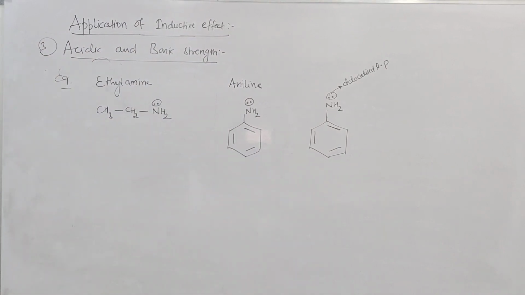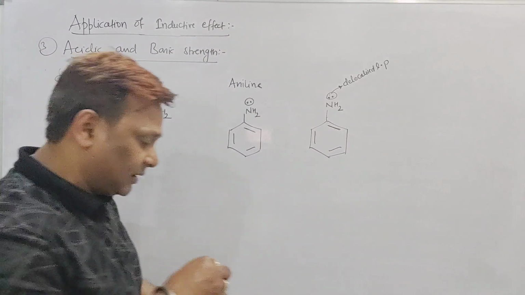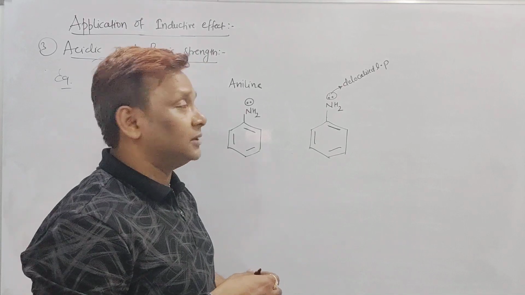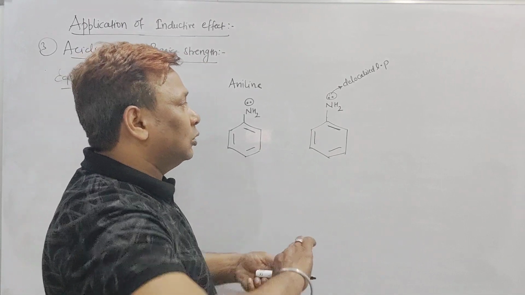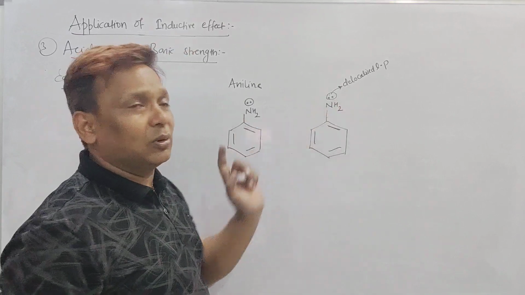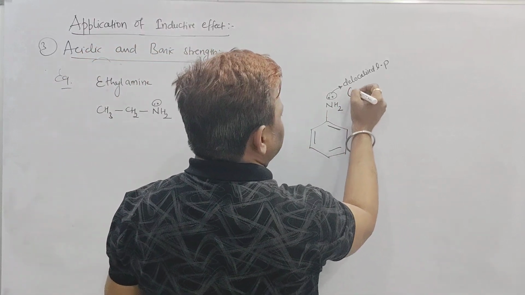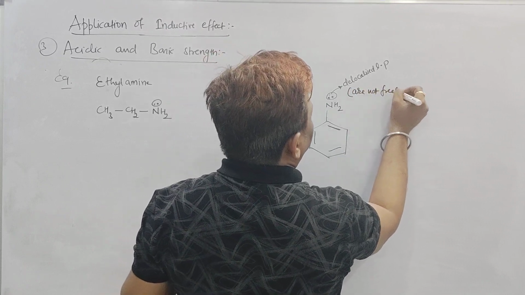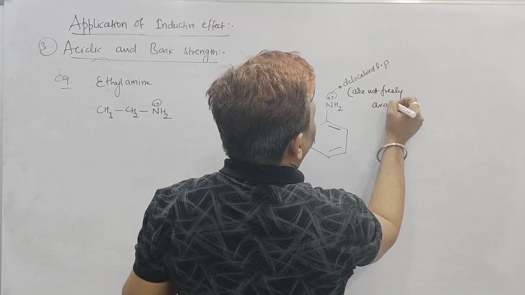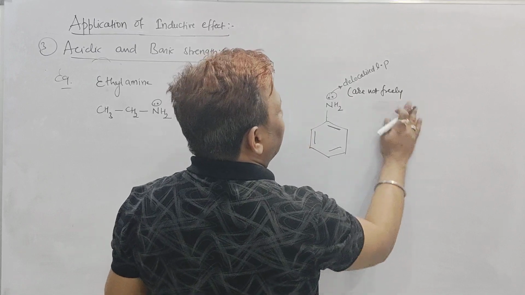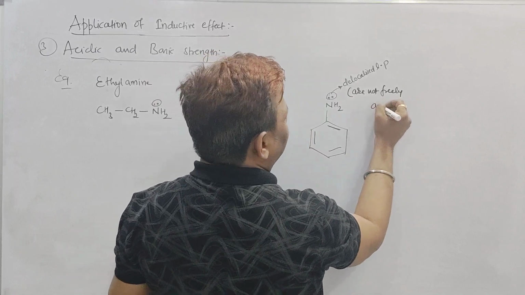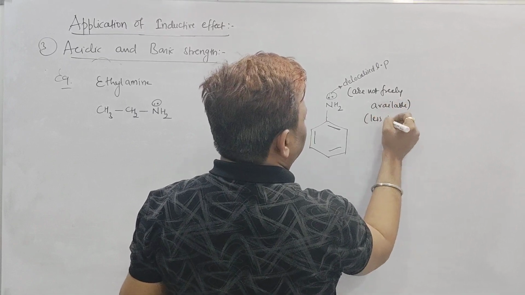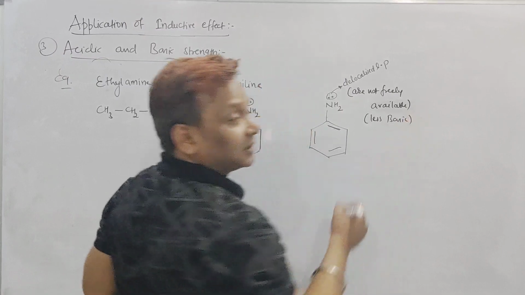Now in this concept, in our benzene ring we have alternate pi bonds, beta, and in the alternate pi bonds our lone pair is in conjugation. So I can say the lone pair which is in conjugation is called a delocalized lone pair. But a delocalized lone pair is not freely available. Since delocalized lone pairs are not freely available, we can say, sir, they are less basic in nature.